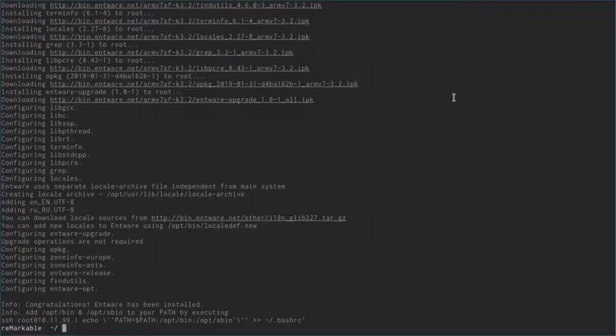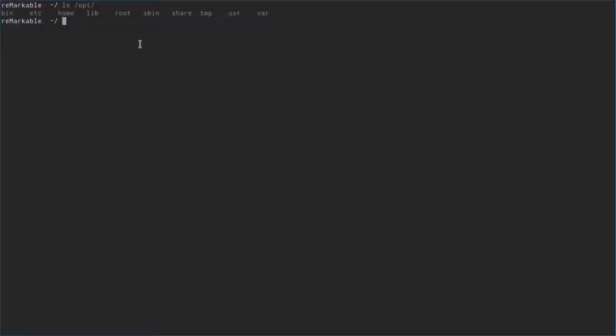So congratulations, Entware has been installed. So we can see there are sbin and bin folders in /opt, and we need to include them into our PATH variable. If we check out PATH, you can see they are not there. So let's do that. Let's grab, well, we can do that with